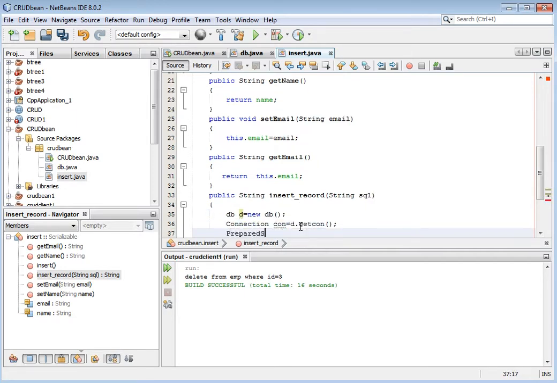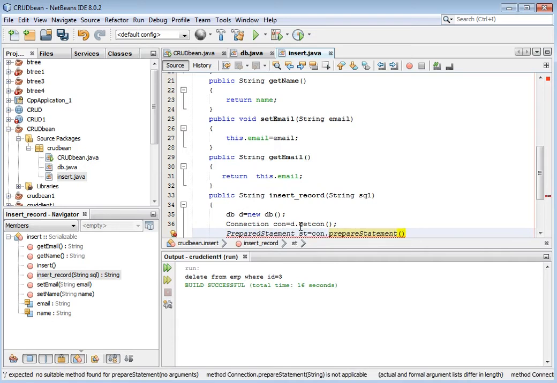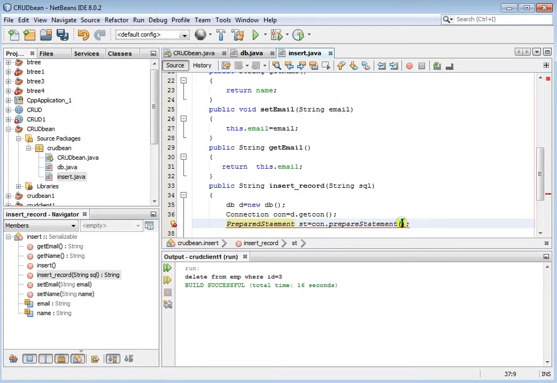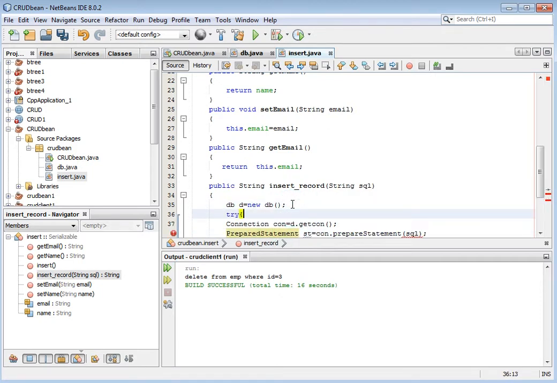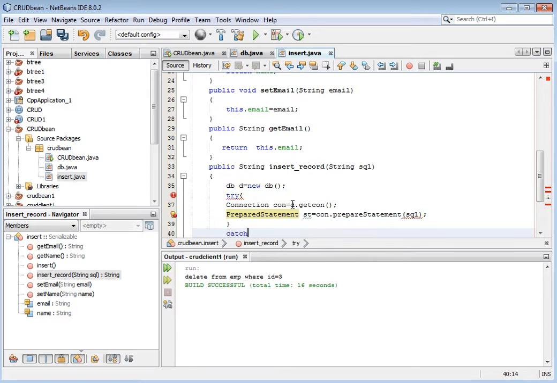Now this is insert, so we should have a public function which will return a message string, insertRecord. We will provide String sql.